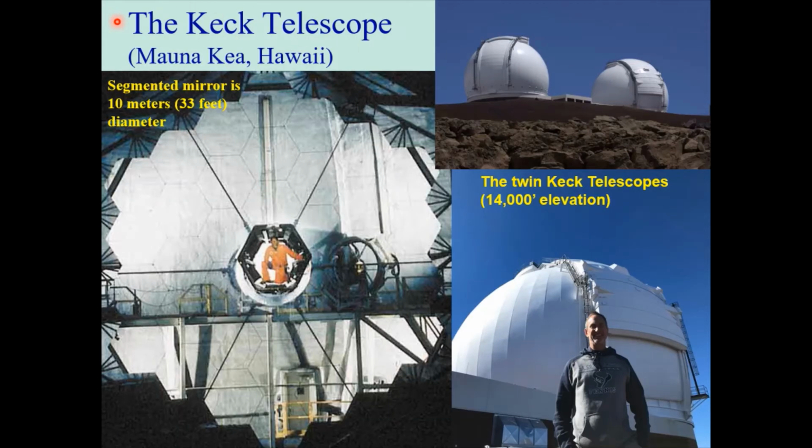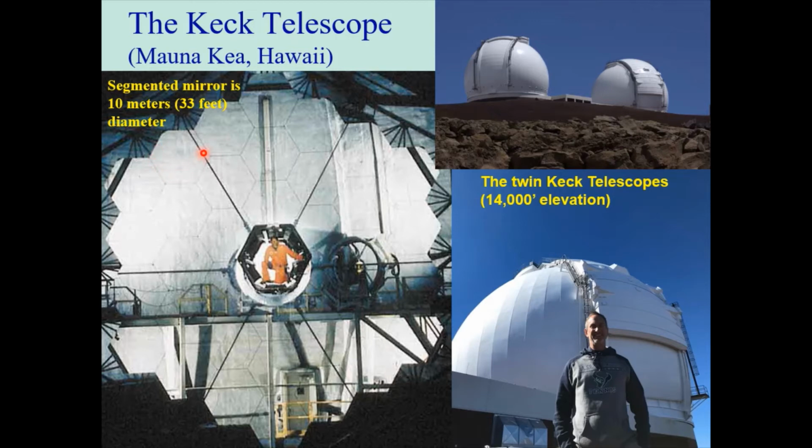A couple of the other really big monster telescopes are the twin Keck telescopes on the top of Mauna Kea in Hawaii. And this uses a different design. This is a picture of the mirror when they were constructing the telescope. To get an idea of the size, again, here's a grown man inside the center of this thing. But notice the mirror is not a single mirror. It's actually made up of a bunch of